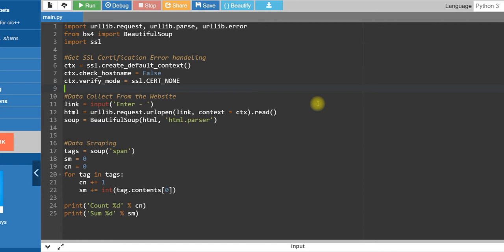Okay guys, so this is the code you have to write, exactly you have to write, and this is Python. So take care about indentation, so you don't do any mistake in indentation, otherwise you will get a problem.